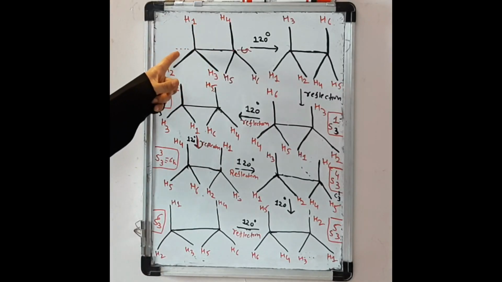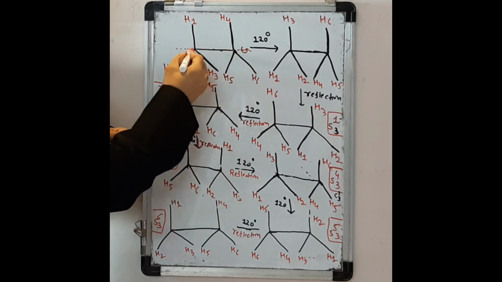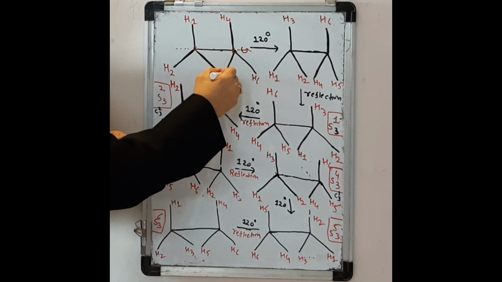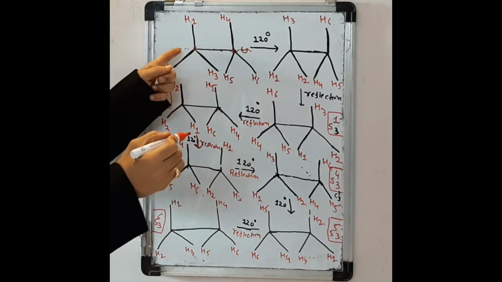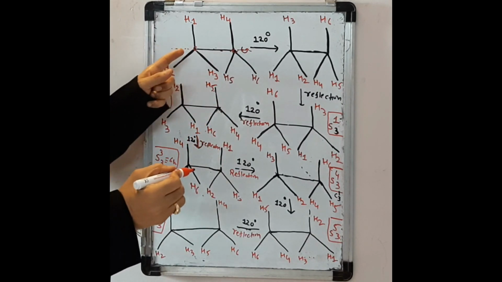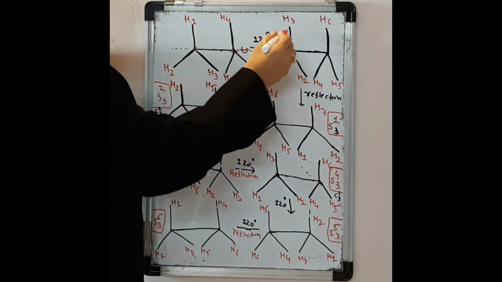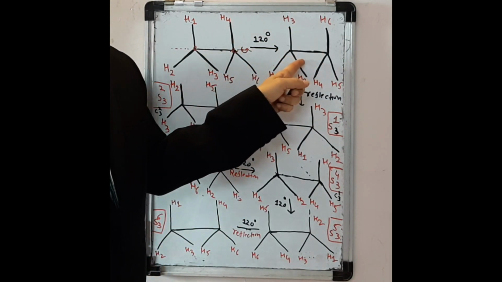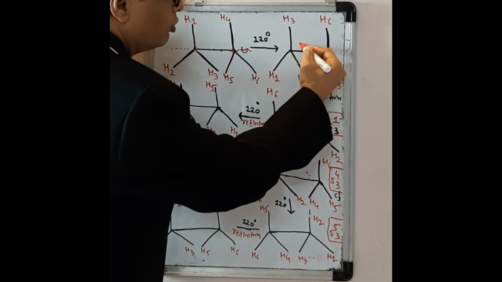This is our eclipsed ethane molecule. Eclipsed ethane contains 2 carbon atoms and each carbon atom is attached with 3 hydrogen atoms. This is one carbon atom and this is the second carbon atom. This carbon atom is attached with H1, H2 and H3. The second carbon atom is attached with H4, H5 and H6. If we draw a line which passes through these 2 carbon atoms, it is known as our axis. Now, if it is rotated by 120 degrees, then 1 is shifted to 2, 2 to 3 and 3 to 1. Similarly, 4 to 5, 5 to 6 and 6 to 4. So you will get the resulting configuration. This is your resulting configuration. Now, this resulting configuration is reflected in a plane perpendicular to the principal axis.